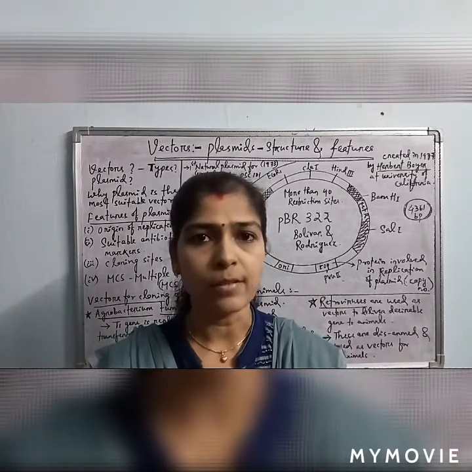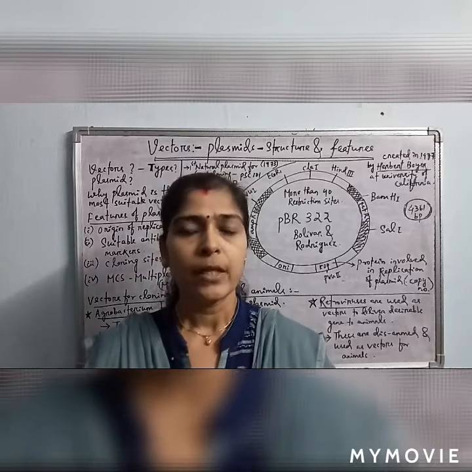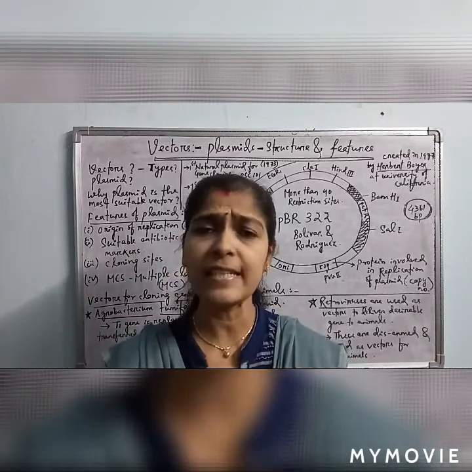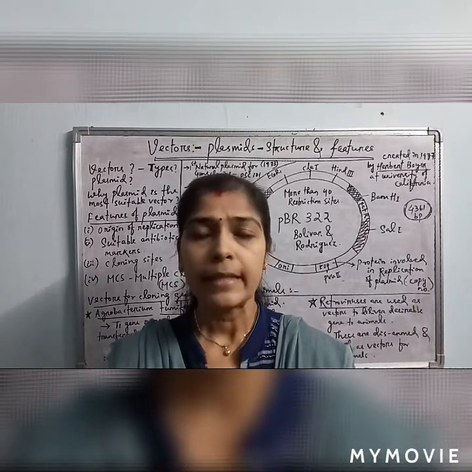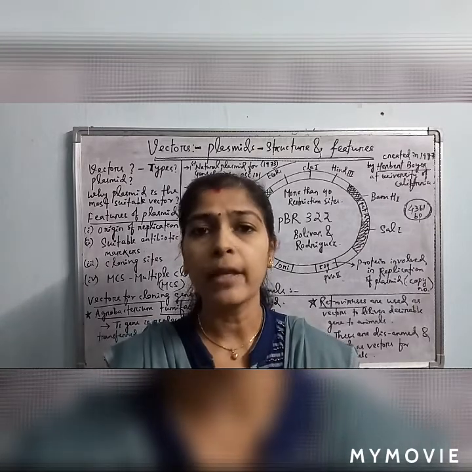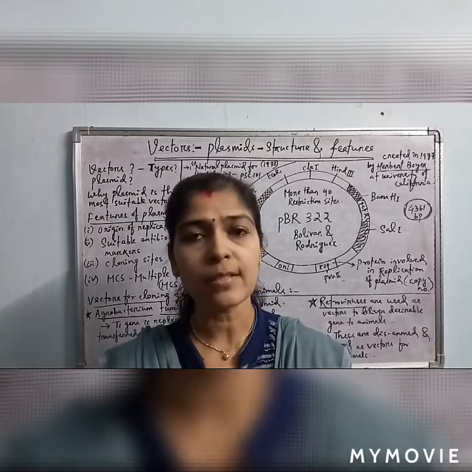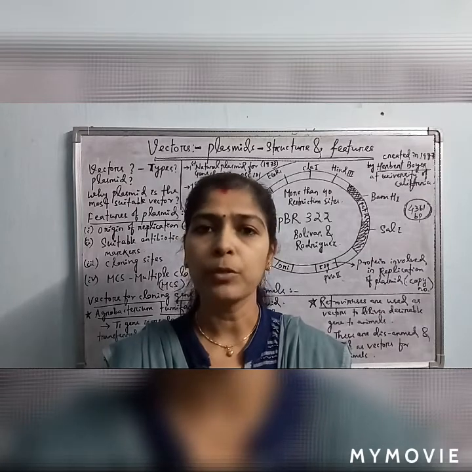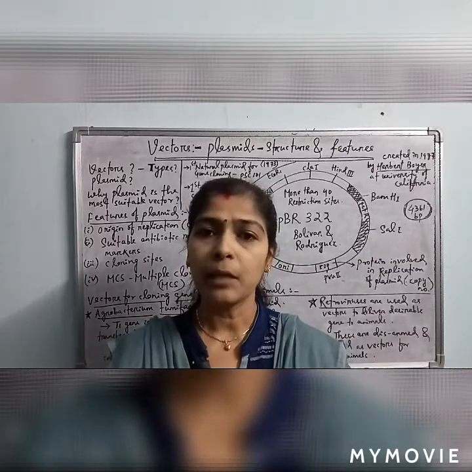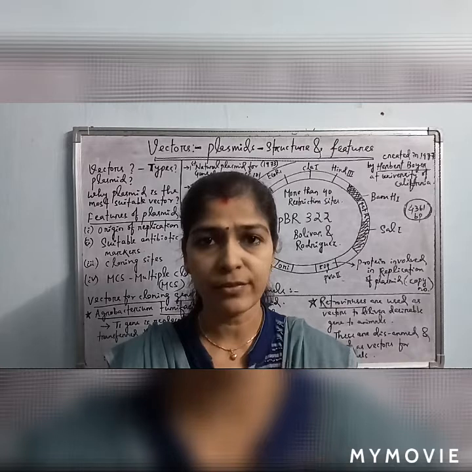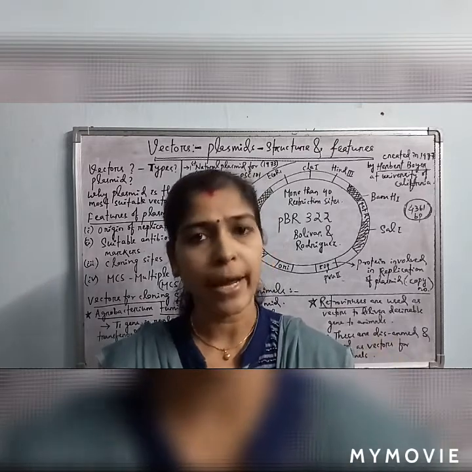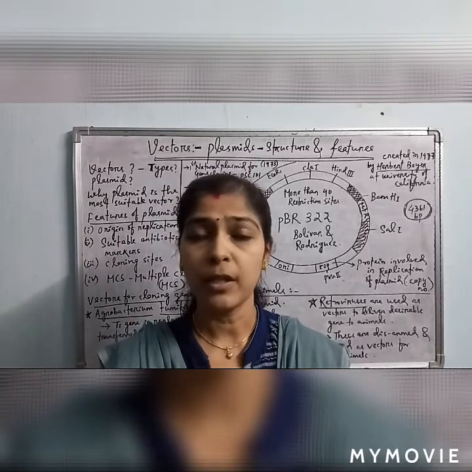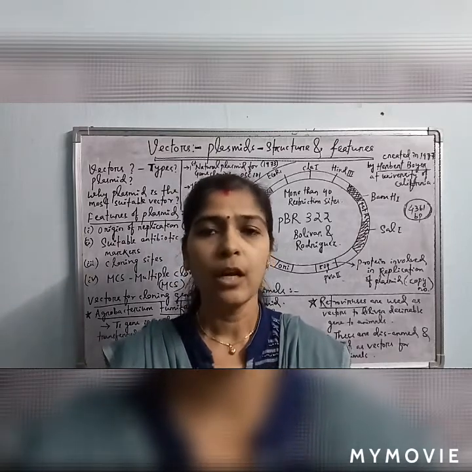and when the bacteria divides, these plasmids pass to the progeny also. The second point is that plasmids are easy to extract from the bacteria. They can easily be cleaved by any of the restriction endonucleases, and they are easily ligated to the desired gene to form the recombinant plasmid. They can also be easily transformed or transferred into the host cell, the bacteria from which they were extracted. So these are the features that make the plasmid the best suitable vector for gene cloning.